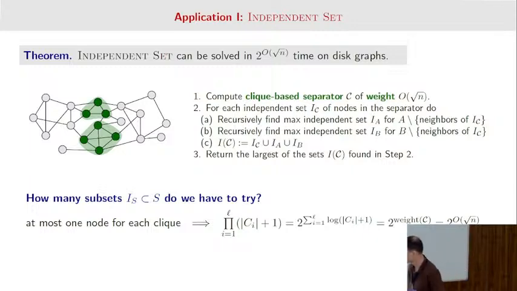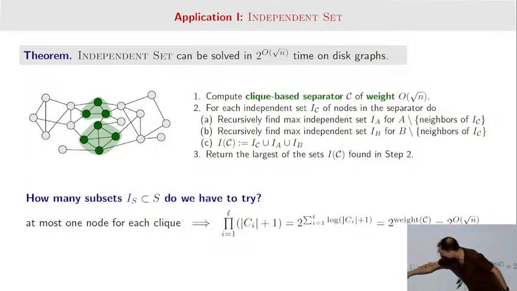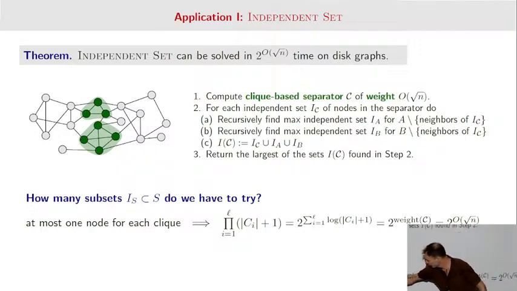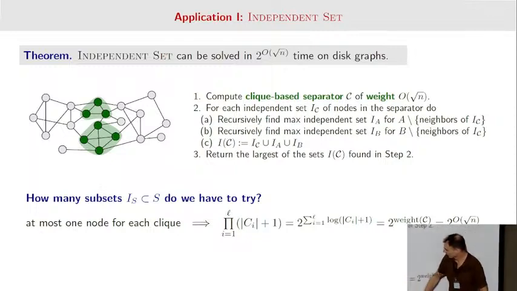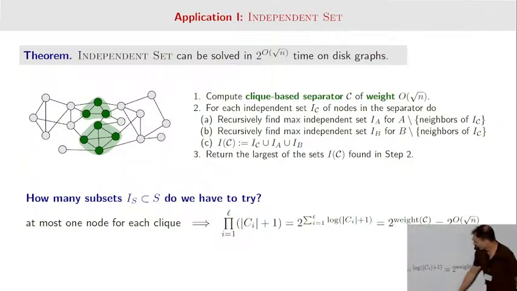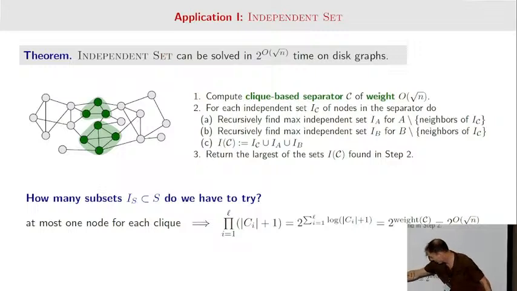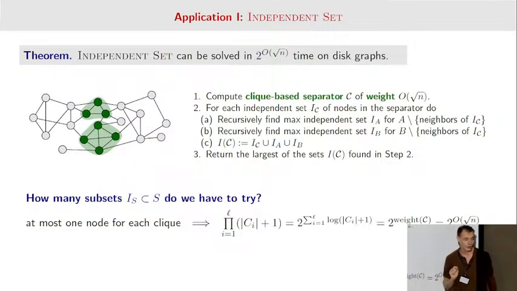For each clique, I have the number of nodes in the clique plus 1 choices: I can try all the nodes, or I simply don't take any of them. I have to take the product of this over all the cliques, and then I can write this product as 2 to the sum of the logarithms. So why the log